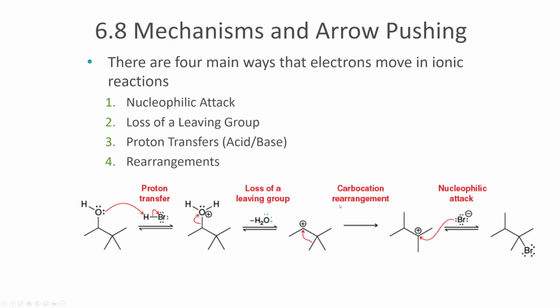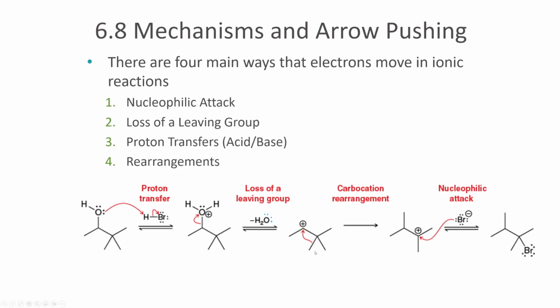Another type is carbocation rearrangement. In a carbocation rearrangement, either a hydrogen or a methyl group essentially moves its bond. So this carbon, instead of being bonded to this carbon, these electrons will go here and produce a bond to this carbon instead,